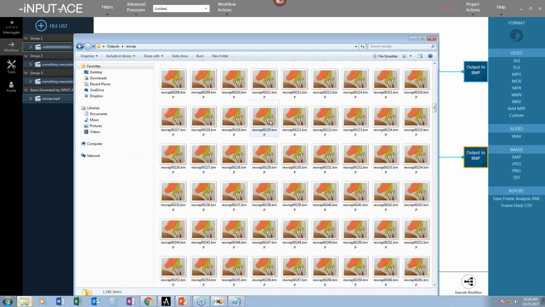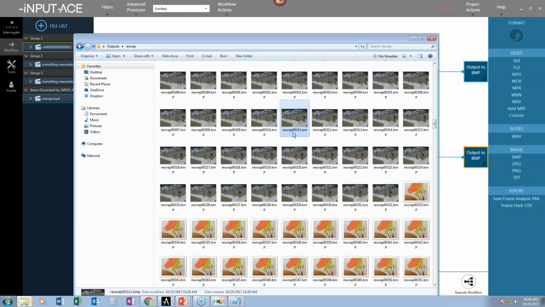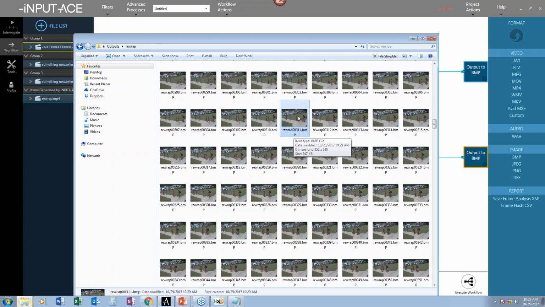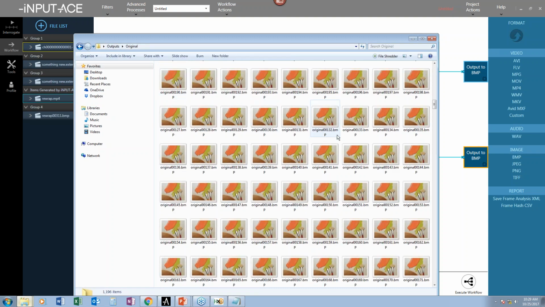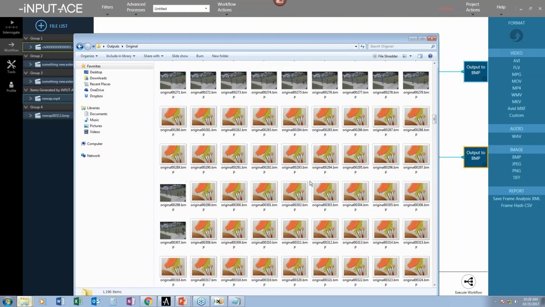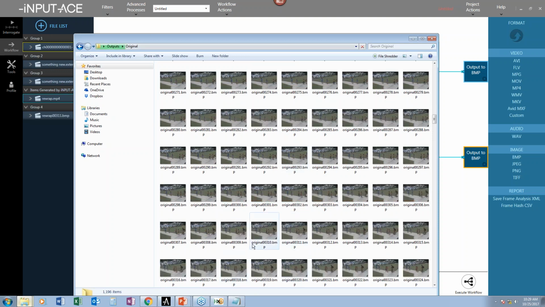I'm going to randomly select a bitmap. Let's use this one here, 00311.bmp. Let's bring that image into iNPUT-ACE. So what I now am seeing is a full bitmap image representation of the frame at 311. Let's do the same thing on my original at 311, which is right here, 311, and I'm bringing that bitmap